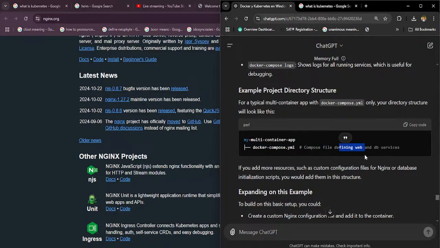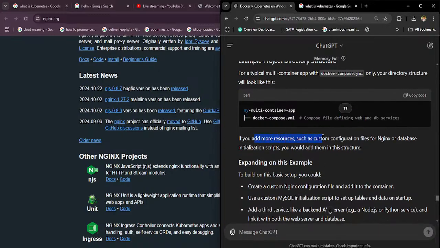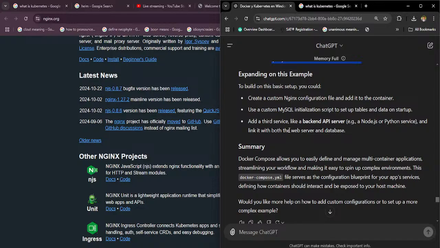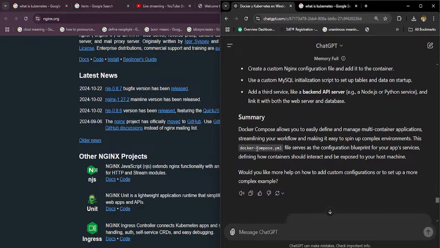file defining web and DB services. If you add more resources, such as custom configuration files for Nginx or database initialization scripts, you would add them in this structure. Expanding on this example, you could also summarize it as: Docker Compose allows